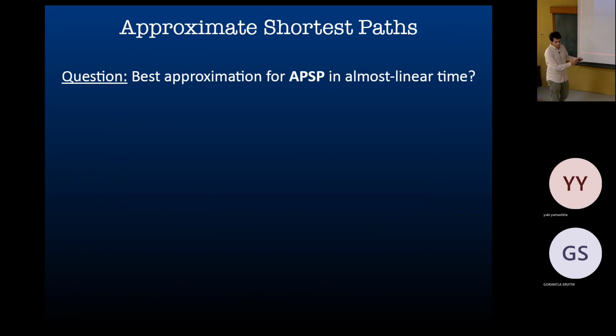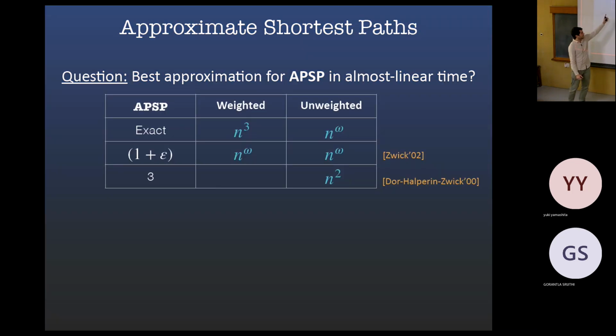So I'm going to tell you about this new technique, which will say something about approximate shortest path. The question is now, we want to solve APSP, all pairs shortest path, with a good approximation, very fast. There's the weighted case and the unweighted case. They're a bit different. If you want exact, the conjecture is that you need n cubed for the weighted case. For the unweighted, you can do n to the omega, where omega is the matrix multiplication exponent, like 2 point something. If you want the 1 plus epsilon approximation, like the best possible approximation, you can actually get n to the omega for the weighted case.